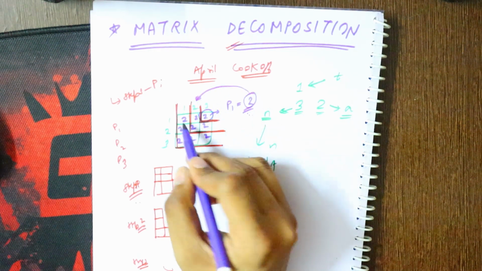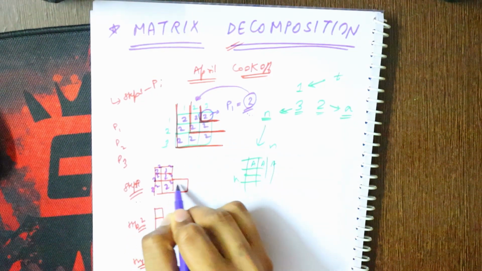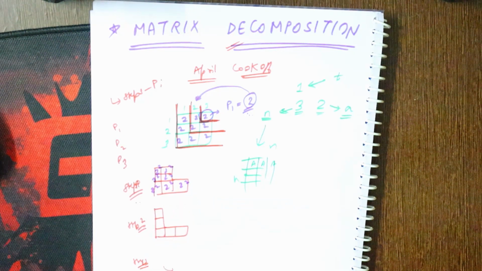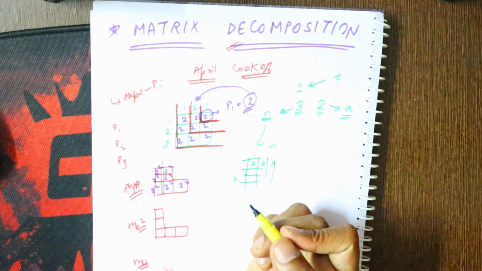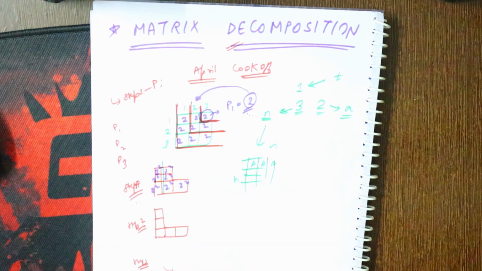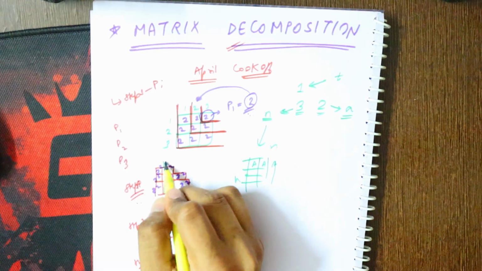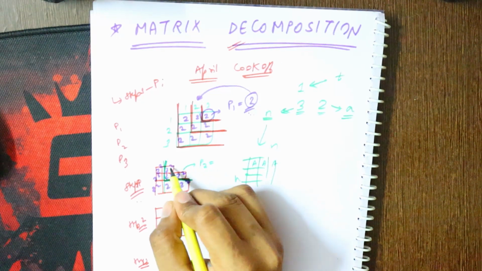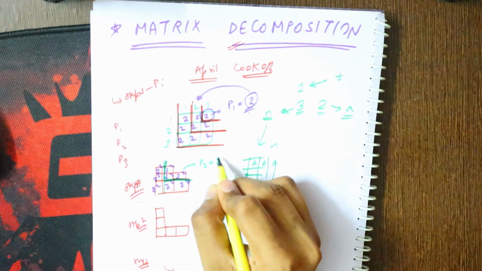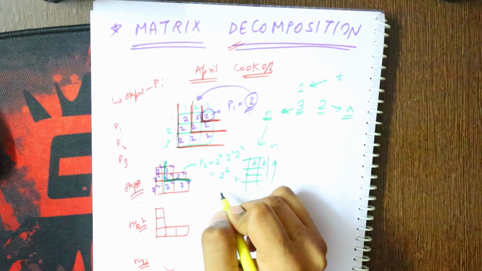Understanding? Means all the other elements will now become 2 squared, 2 squared, 2 squared, 2 squared, 2 squared, 2 squared, 2 squared. Okay. When I remove, yeah, 1 is missing. It is 2 square, 2 square. So now when I remove this, what will be P2? It will be the multiplication of all these elements, which is 2 square into 2 square and 2 square, which is 2 raised to the power 6.